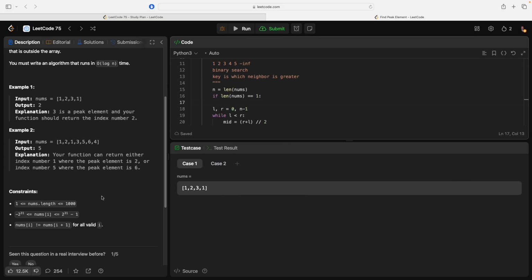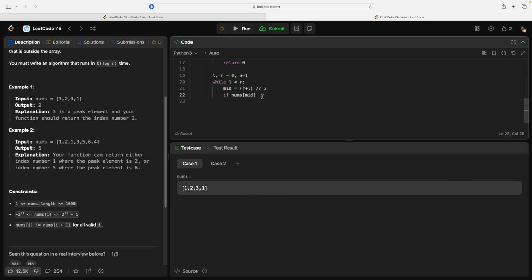Where are the edge cases? Yeah, if length of nums equals 1, return 0, because the problem is we're playing with the neighbors here, and we don't know if there is a neighbor. So what we'll do instead is say,